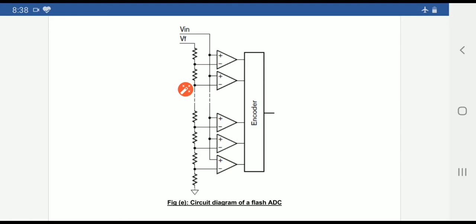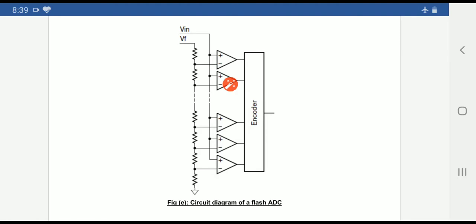Now, what does it consist of? The first thing is an encoder at the output side, which is used to provide a fixed binary output. It uses an algorithm and provides an encoded output at the output side. We call this a fixed binary output. Next, 2 raised to n minus 1 comparators, which are used to